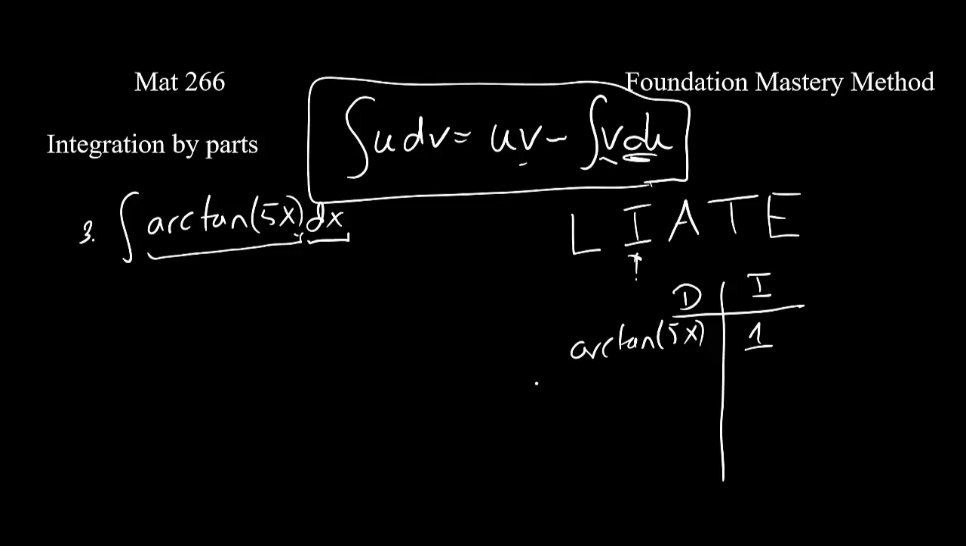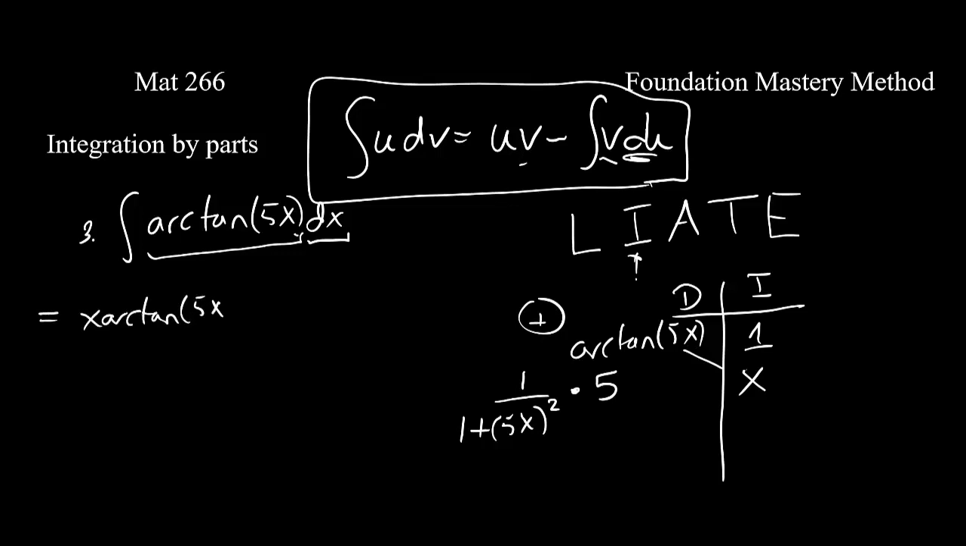The derivative of the arctangent of 5x is 1 over 1 plus the quantity 5x squared times, because of the chain rule, the derivative of 5x, which is 5. And here in this column, if we integrate 1, we just have x. Now what we notice here is that the entries in the derivative column are not going to 0, or getting more simple. So what that means is that our original integral will equal the product of these two entries, so x times the arctangent of 5x